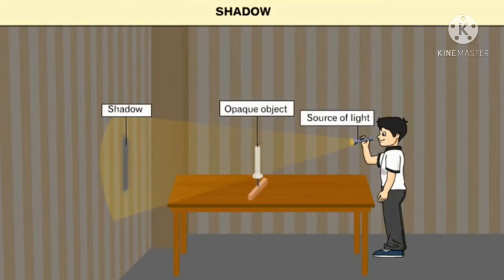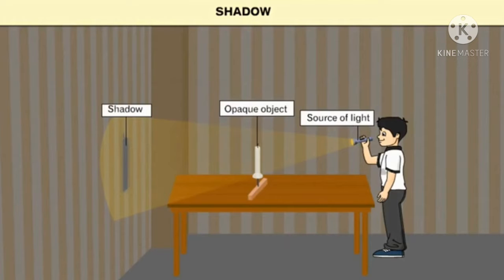Darken a room and switch on a light or light a candle. Light up all the objects in the room. The dark patches you observe near objects are shadows. When an object is placed in front of a source of light, it produces a shade or dark area behind it. Shadows are formed when light is stopped by an object.